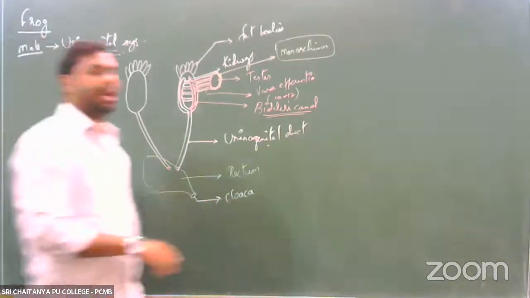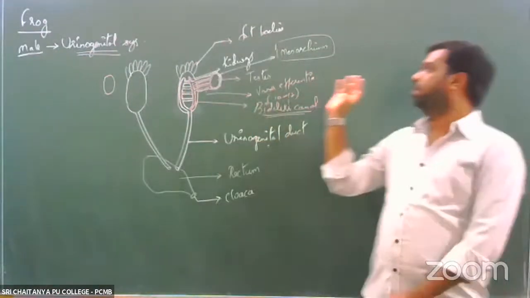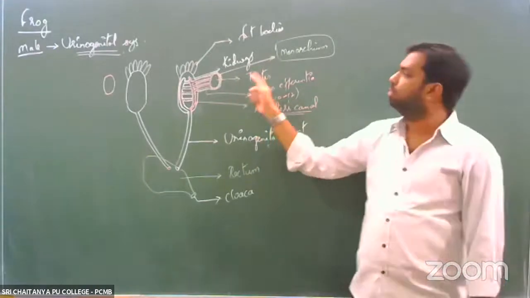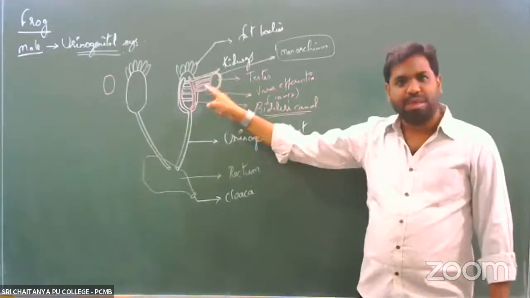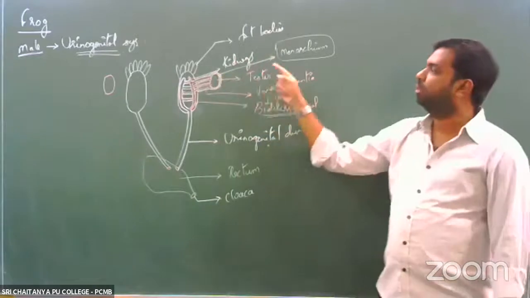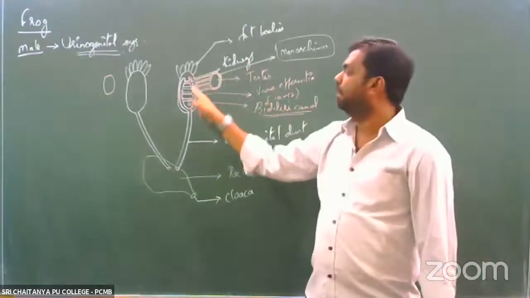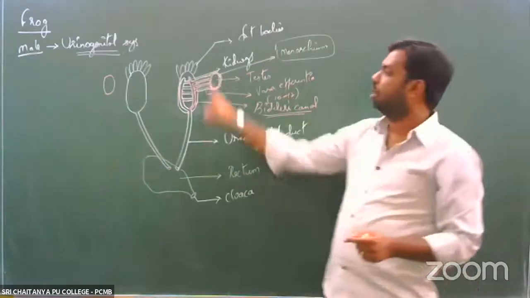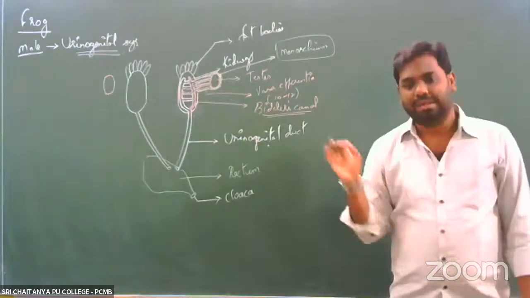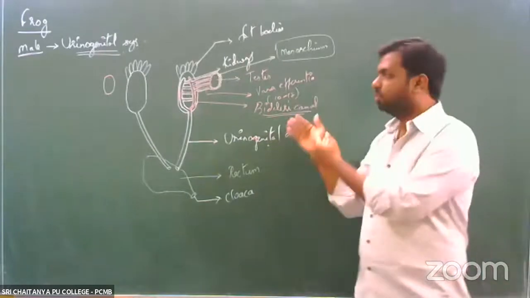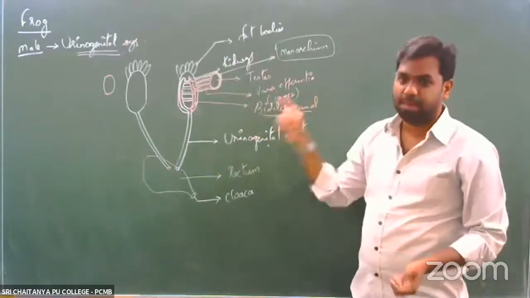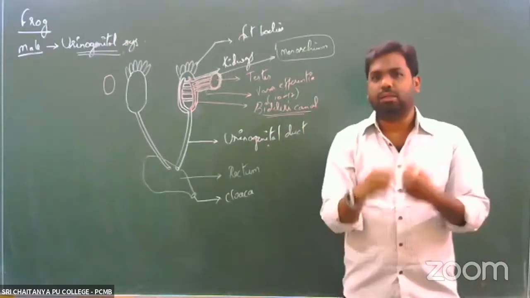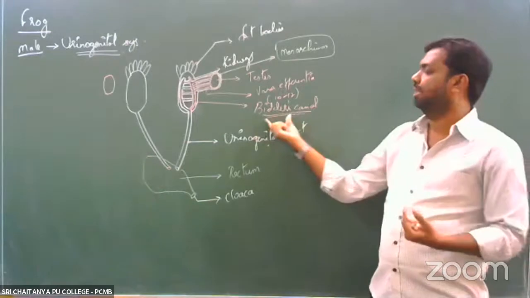So what exactly is happening now? The sperms which are formed in the testis move on into the vasa efferentia. From the vasa efferentia, they move on into something called the Bidder's canal. They enter inside the kidneys, and inside the kidneys they open up into this common duct, the Bidder's canal. How is the Bidder's canal formed? It is formed by the fusion of all of the vasa efferentia. All the vasa efferentia inside the kidneys combine together to form a common canal or duct, which is called the Bidder's canal.